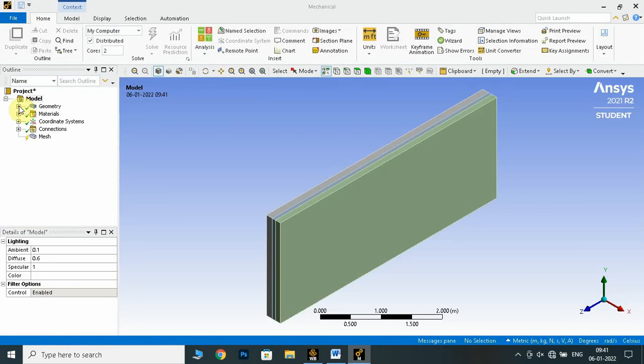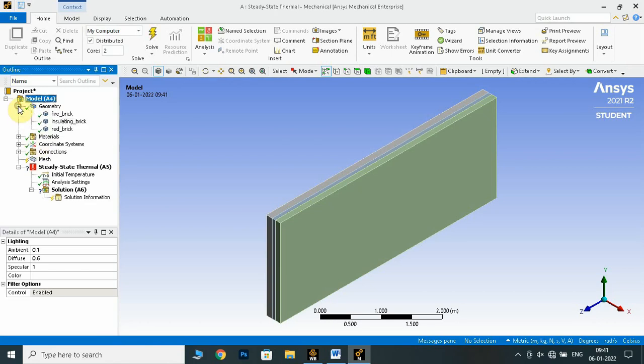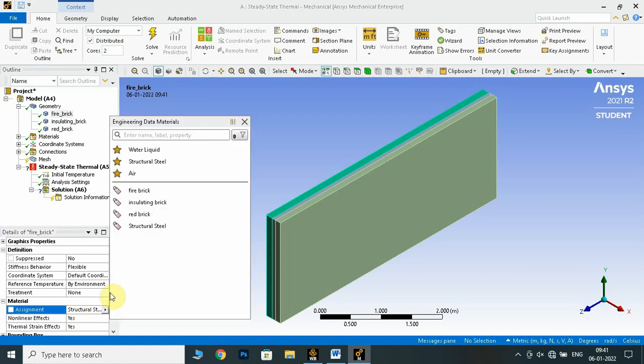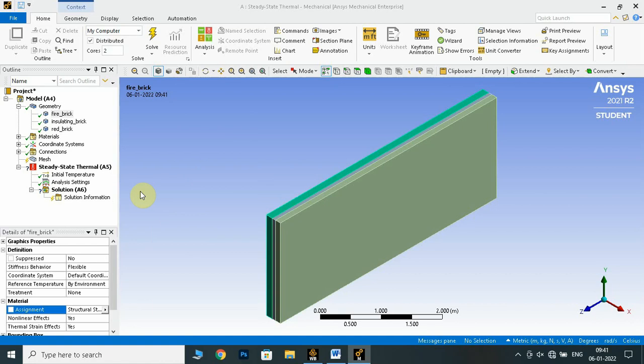So this geometry. Yeah, it's still loading. This is the fire brick, and in the fire brick, there's a material assignment. It is assigned to structural steel. So I'm going to change this to fire brick.